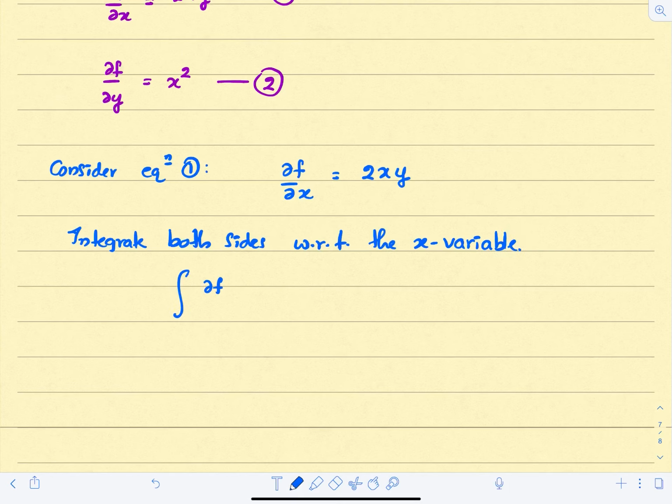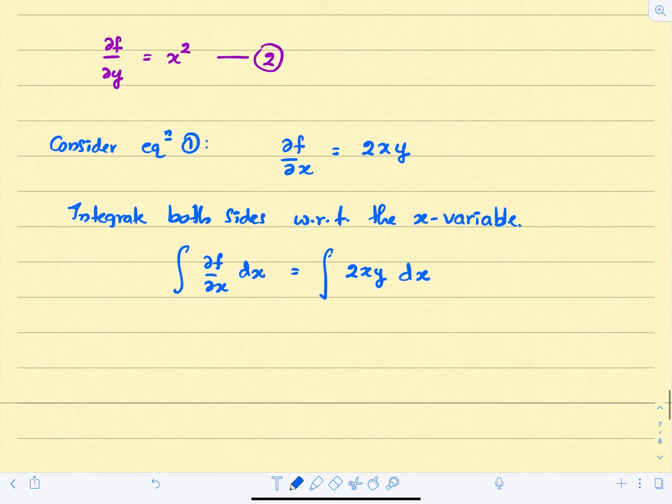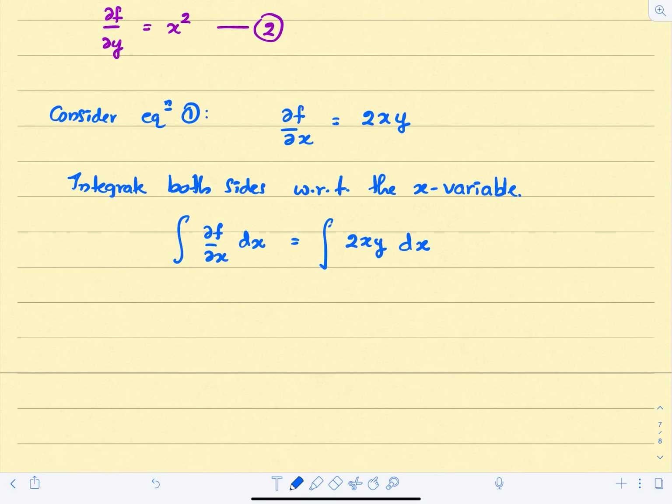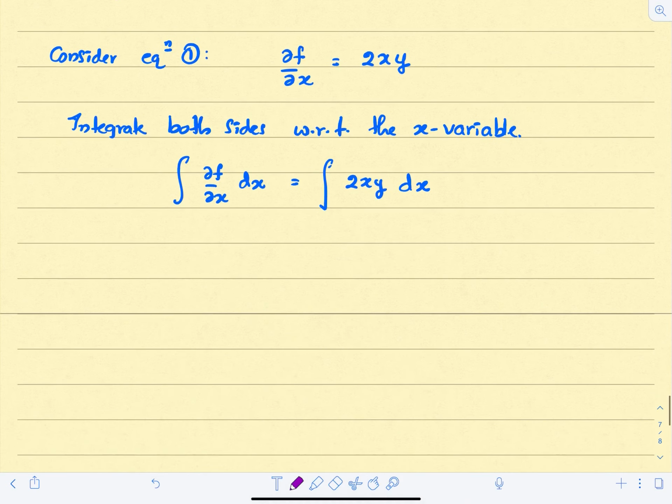So the integral of partial f over partial x with respect to the x variable equals the integral of 2xy dx. If we integrate one side with respect to the x variable, you should do the same thing to the other side. Okay, now if you integrate a derivative, then you should get the original function f of x comma y. This equals